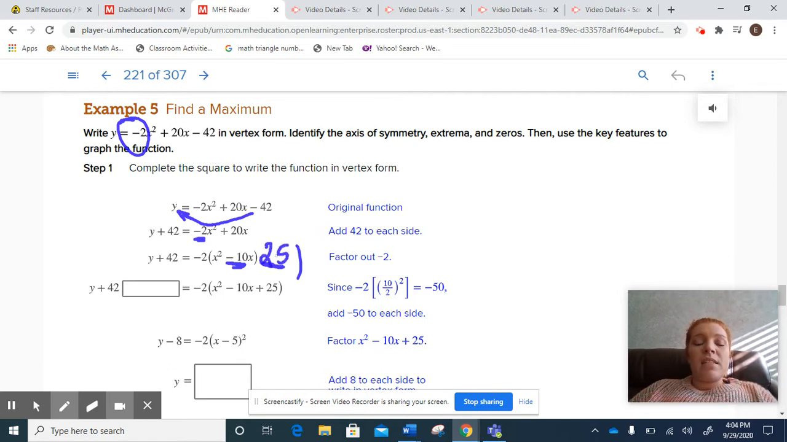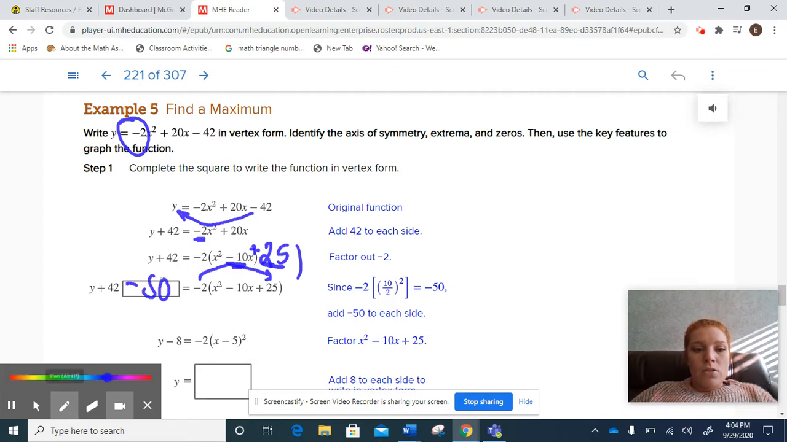Okay. But since I added technically a 25 to the right, it's actually a -50 that I put in, because of the 2 that's out front. They're in parentheses. So in order to keep things balanced, -50 needs to go to the other side. Okay, so now I do a little simplifying,